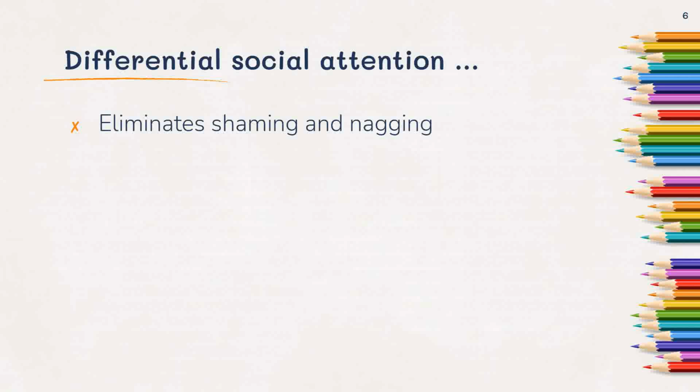It's because we're activating their emotions, their anxiety and their fear, and that's not what we want to activate. So rather than calling out those three kids, I'm going to notice some students that are doing the right thing, and I'm just going to give them my social approval. I'm going to call them out by name. I'm going to describe what they're doing, and that is going to send the message, without shame, that these are the kids I'm paying attention to. These are the kids that I'm noticing.